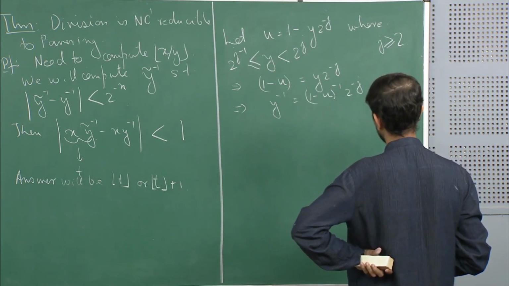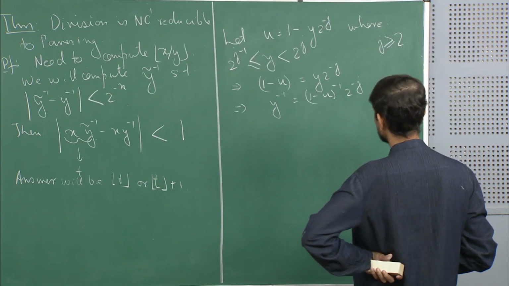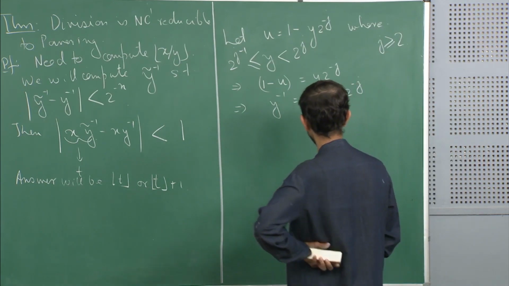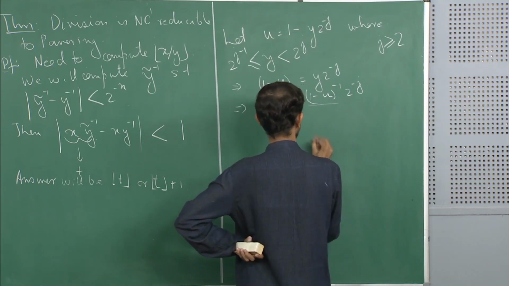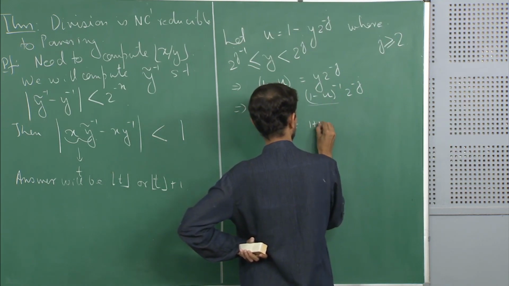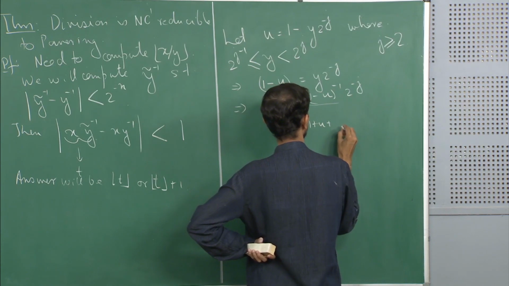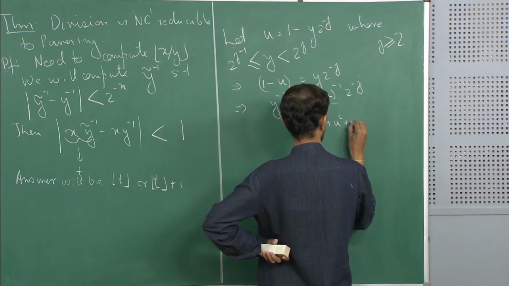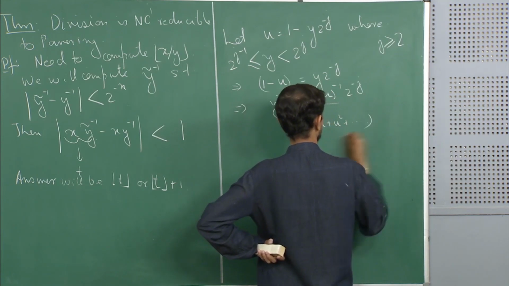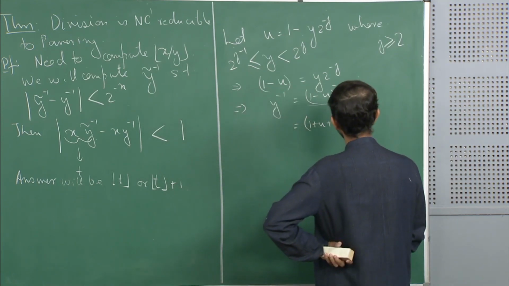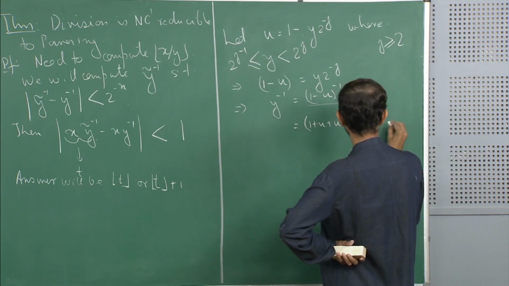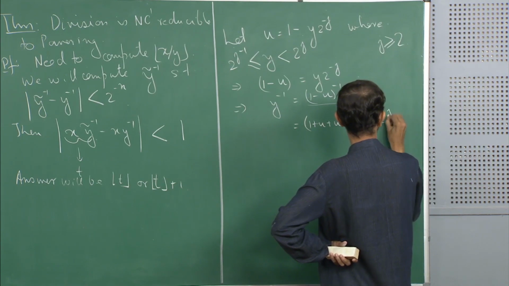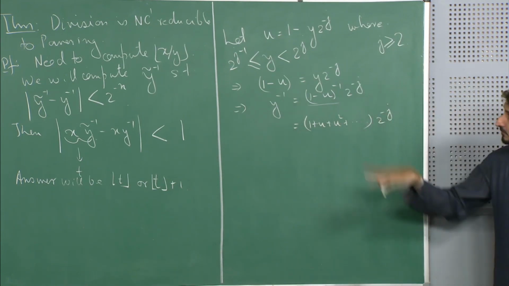Okay. So, y inverse is equal to this. Now, we will see what is 1 over u inverse. So, this is nothing but 1 plus u plus u square. So, this is the infinite series 1 plus u square and so on, times 2 to the power minus j. Okay. And one more observation,